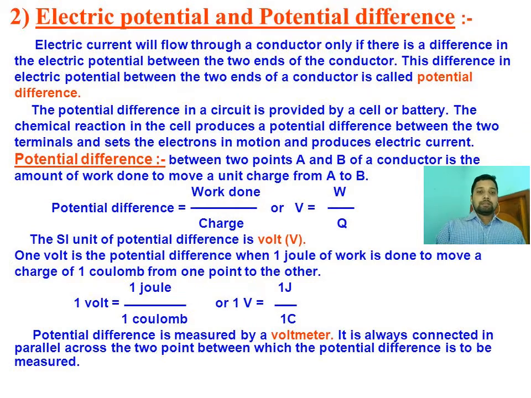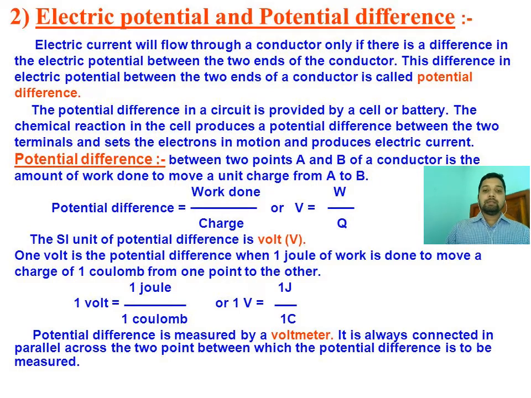Whenever a charged particle moves through a conductor, the amount of work done we know is F into D, meaning the particles are moving from one point to another due to the electromotive force. Because of the displacement of the charged particles, we get the work done. So work done W is equal to F into D, and to find how much work is done by charge, or W by Q, we get potential, and the difference of potential between any two given points gives the potential difference.